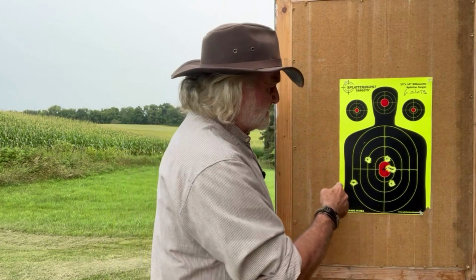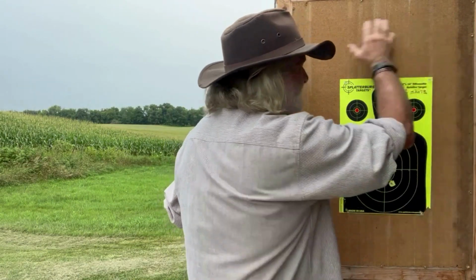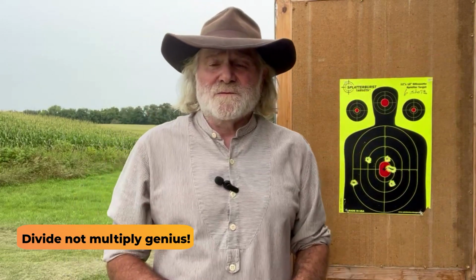So what we do is I add 10, because it's about the size of the target, and I'm not shooting more than 25 yards generally. So 10 inches is fair. So if I had done 6 more of these up here, I would have 10 more. I would have 60 to add to my 12, which would be 72, right? 72. And then what I would do is multiply that by the 12 shots that I took,